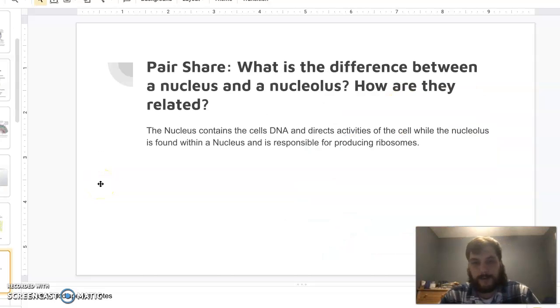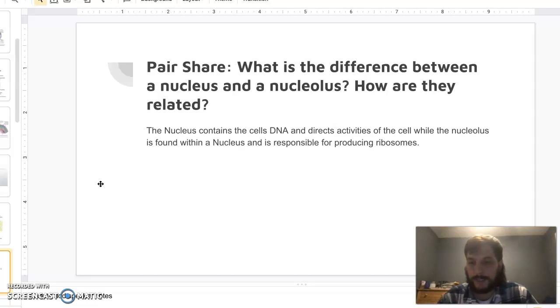So let's pair share right now. Go ahead and turn and talk with your partner and discuss this question. What is the difference between a nucleus and a nucleolus, and how are they related? After 1 minute of them discussing, I'll bring everyone back, have a pair share what they got, and then we'll go over what I have here, which is